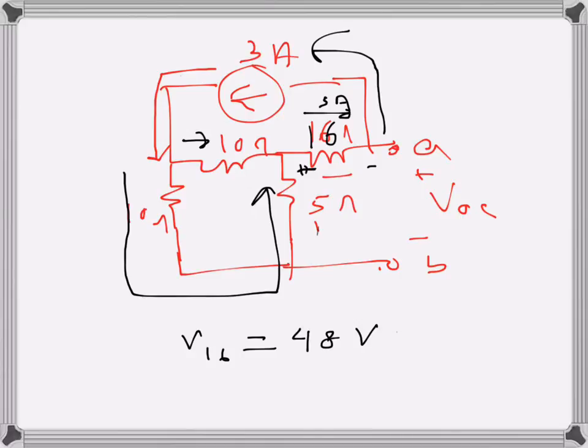Now what is the current through that? As I said earlier, the current will be divided at this point. The current will be divided between two parallel paths, one is this one and one is this one. So if I apply the current divider rule to find the current